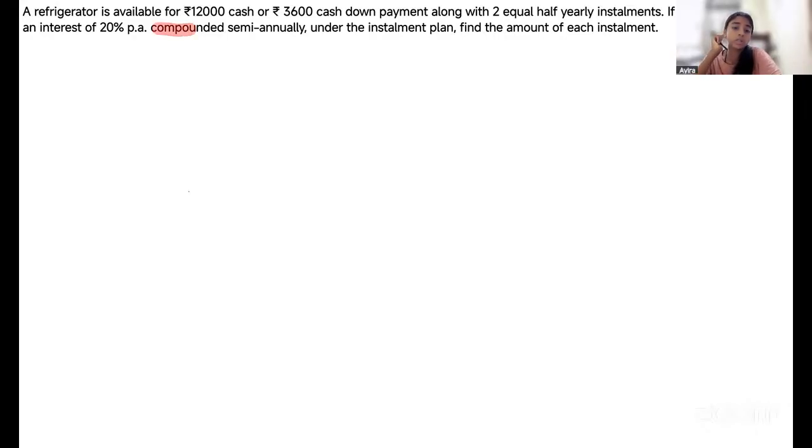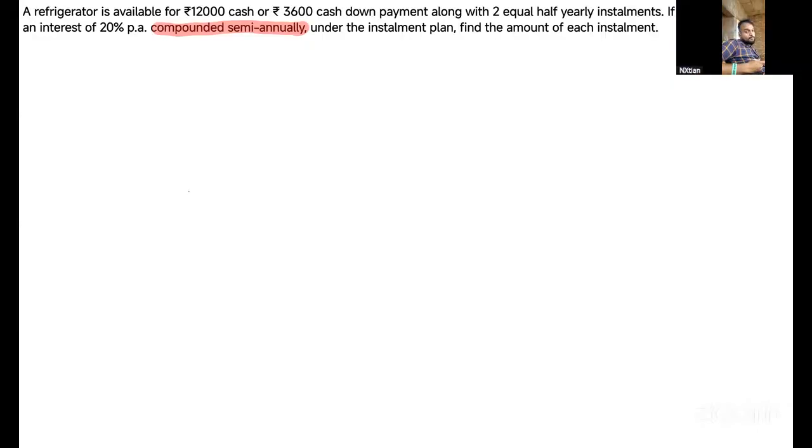Okay. This is the question. Now guys, please pay attention. This is a different type of question. Here the problem is this term came. So can you read this, Ira, please? A refrigerator is available for 12,000 cash or 3,600 cash down payment, along with 2 equal half-yearly installments. If the dealer charges an interest of 20% per annum compounded semi-annually under the